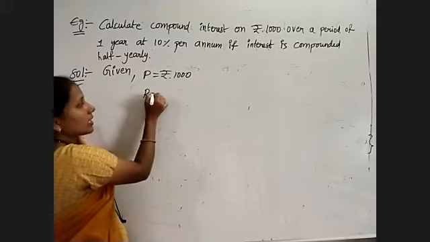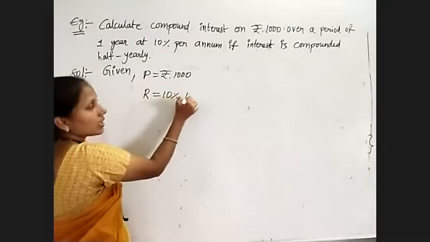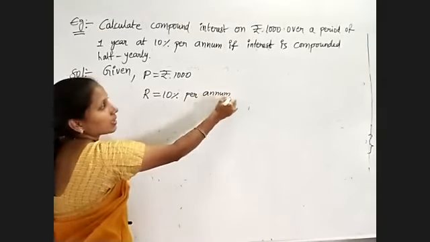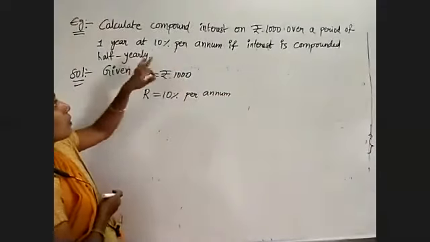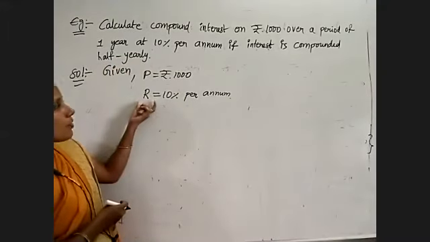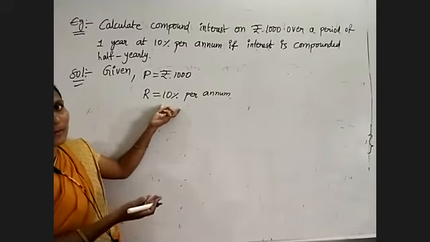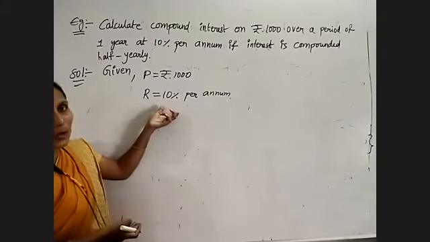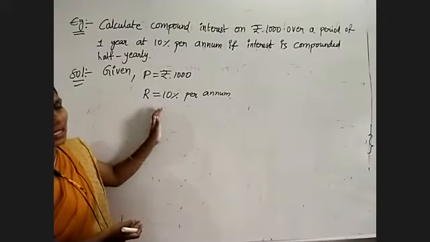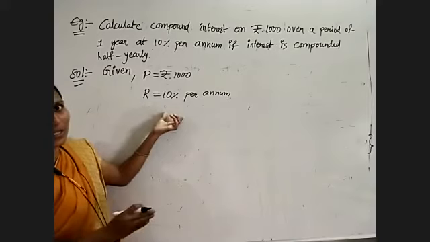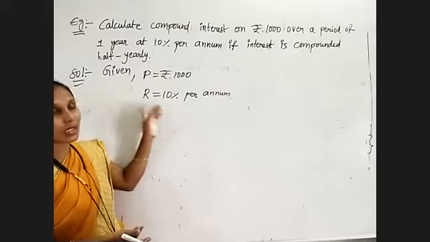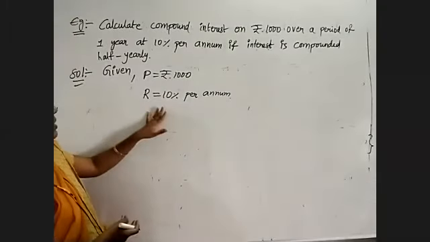At the rate of interest is 10% per annum, means for 1 year 10%. But we need to calculate the compound interest compounded half yearly. Yes or no? For 1 year 10%, half year means 1 by 2, that is 10 by 2, which is nothing but 5% we will get for half yearly. Rate of interest is 5% for half year, because for 1 year 10%, half year will be 5%, half of this amount. Now, keep aside this one.